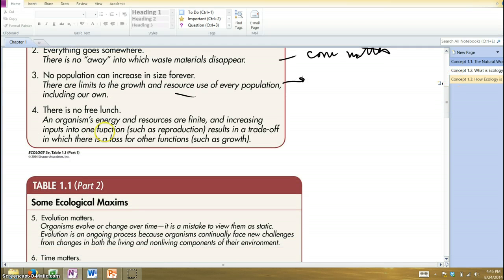There's no free lunch. We're going to talk, particularly when we talk about ecosystems, about energy. And of course, energy is in a fixed amount. There's not an infinite amount. And the laws of thermodynamics, as we'll get to later, dictate how energy is used. And so we'll see that when organisms consume something and get energy from the foods they consume, they only make use of a relatively small proportion of that energy. A lot of it is lost as wasted energy. And so that tends to limit the growth of an individual, the growth of the population, this limited amount of energy.